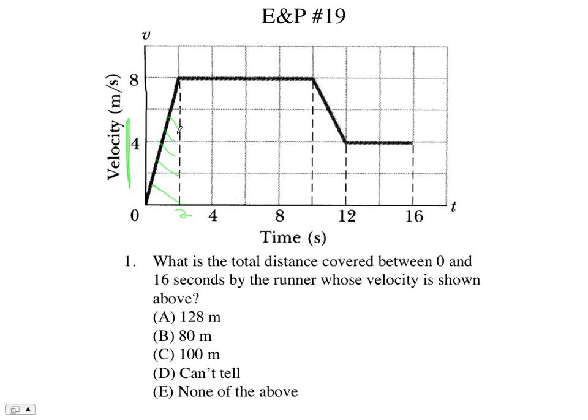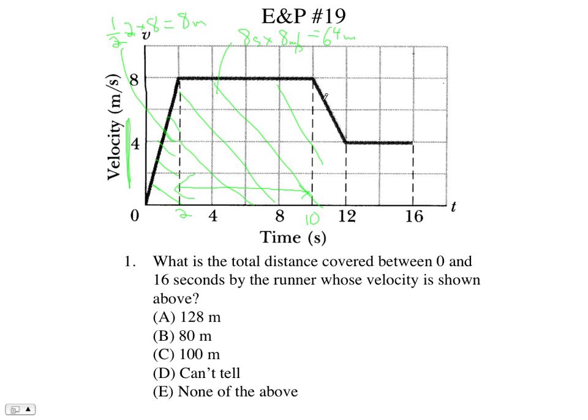And so we have the area of a triangle, and so it's 1/2 the base, 2 seconds, you want to be careful with that, times the height, 8. And so pretty easy to do. You can do this in your head. 8 meters is the area of that first piece. Then I have this rectangle or square, depending on how you graph this. And so the base here is not 10 seconds, right? It's from 2 to 10. And so the base is 8 seconds, and the height is 8 meters per second. And so it's 64 meters